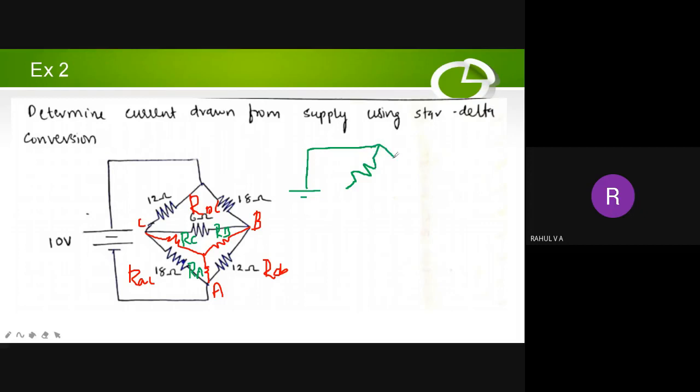Upper delta as it is. Okay, so then what I am going to do is, this is your C terminal, this is your B terminal, below you have the A terminal. So from C you are drawing a resistor RC, from B you are joining a resistor RB, so both are connected to a single point. From that point we are drawing RA.